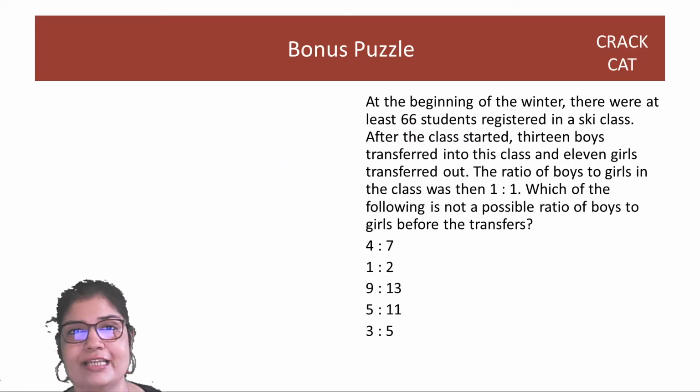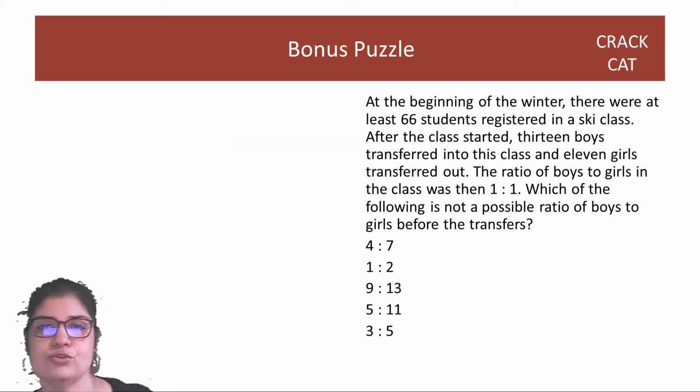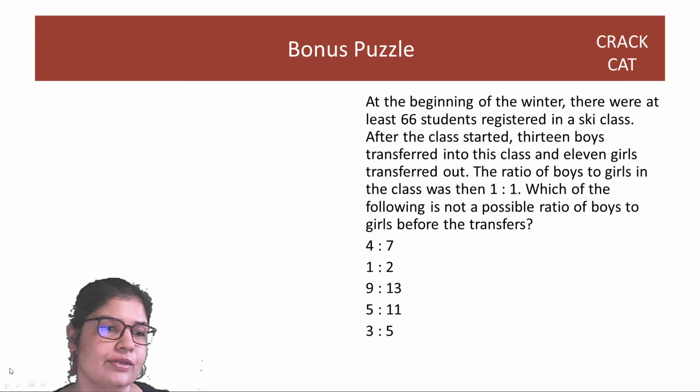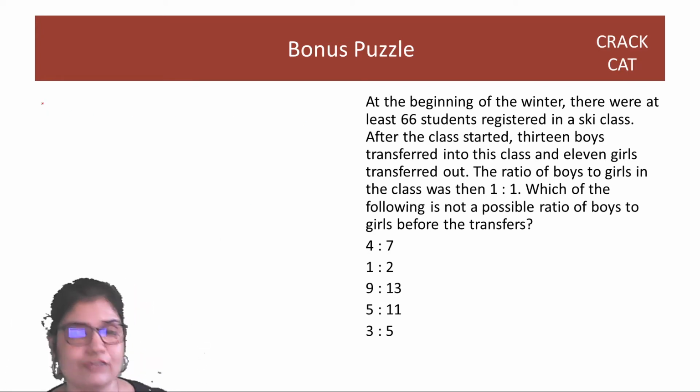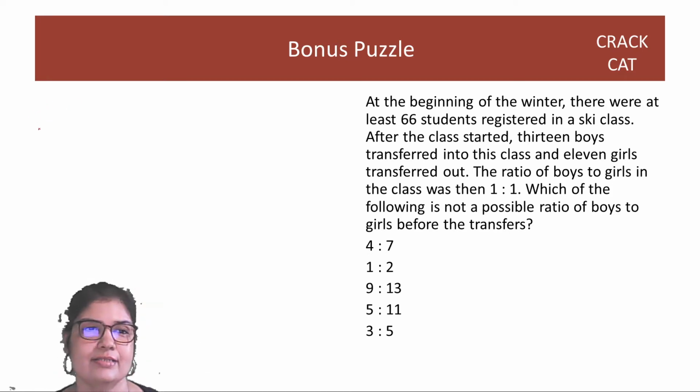So straight away, let's jump off. By now, I'm sure you all are used to our line of lectures, the kind of content flow, right? So first, usually we start with a puzzle that I've given you all the last time. So great, you have 66 students registered in a ski class, not a ski class, skiing class.